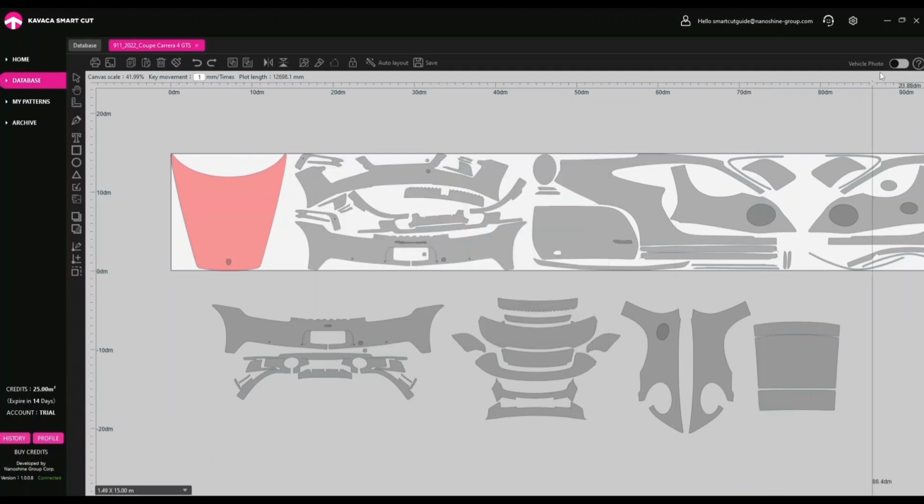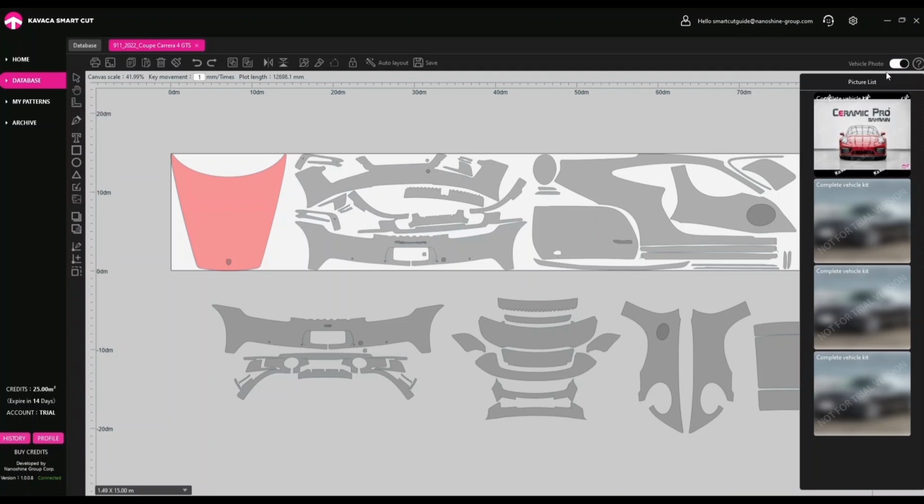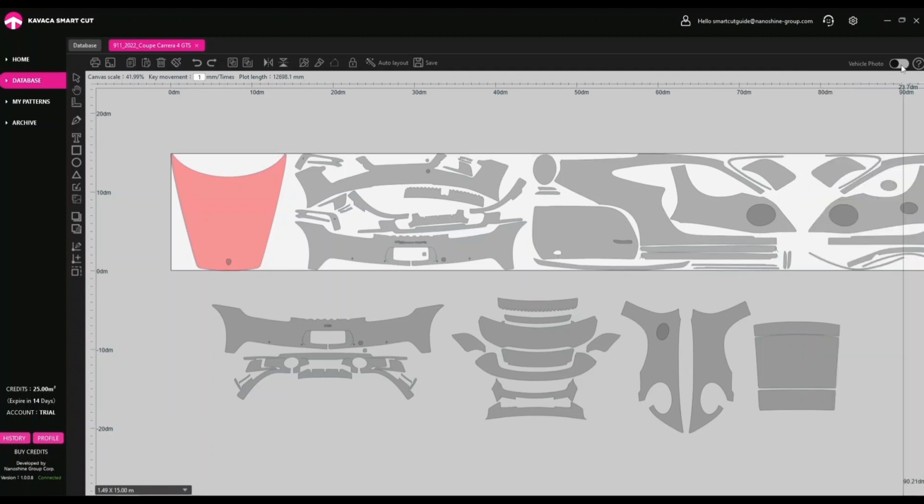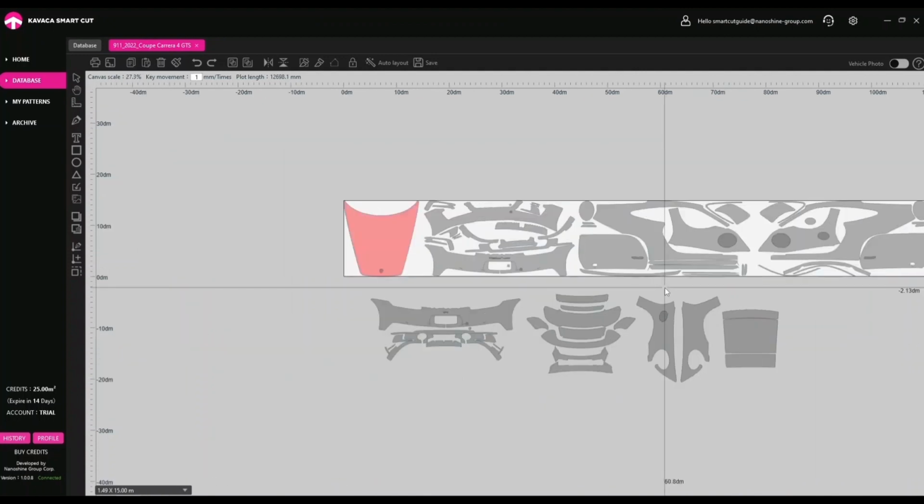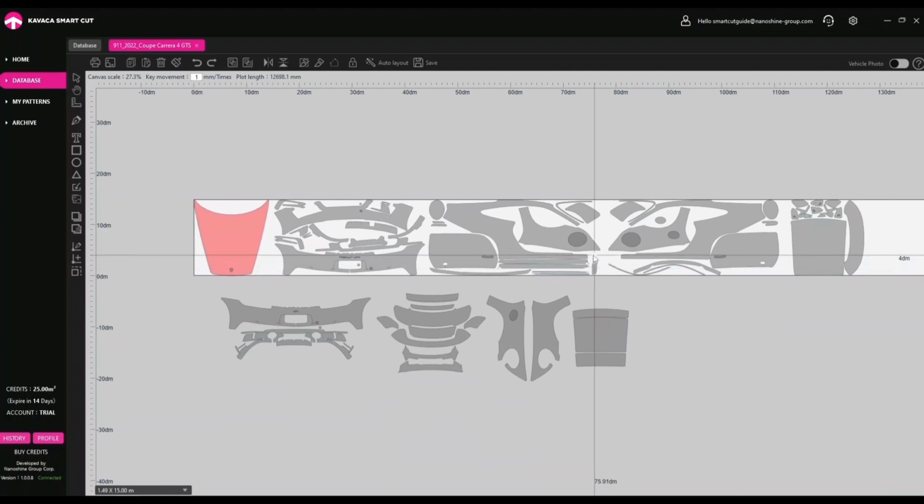Activate this switch to see photos of the selected car or motorcycle model. This option is helpful to check that the model, year, and equipment of the car or motorcycle you need are correct. We do our best to add photos for each model promptly. In the main field of the editor, you see patterns of car body elements, previously grouped depending on the part of the body.